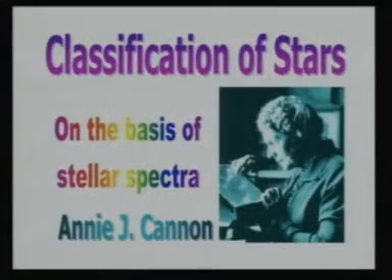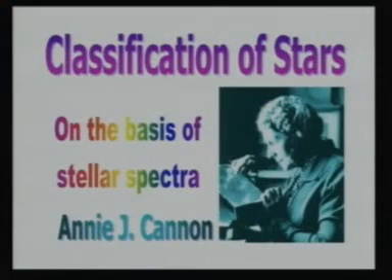As I said, Kenny classified these stars purely on the basis of their spectra. If the spectrum is less complicated, it belongs to class O. If it has a few more lines, it belongs to class B. If it has more lines, class A, and if it's very complex, then it goes to class M, and so on. So Kenny classified these stars simply on the basis of the complexity of the spectra that we see.